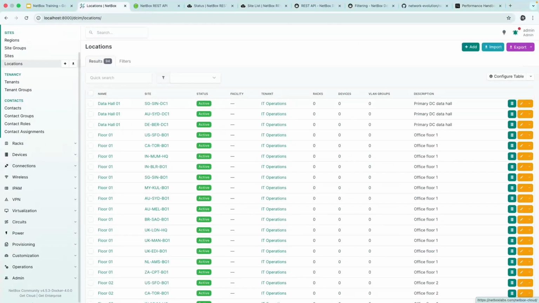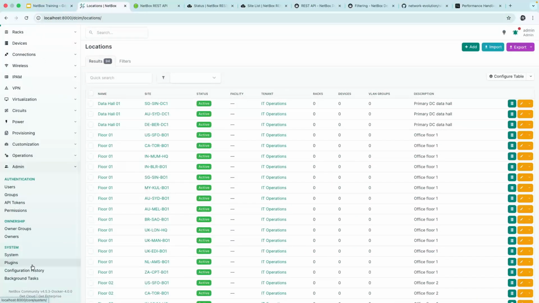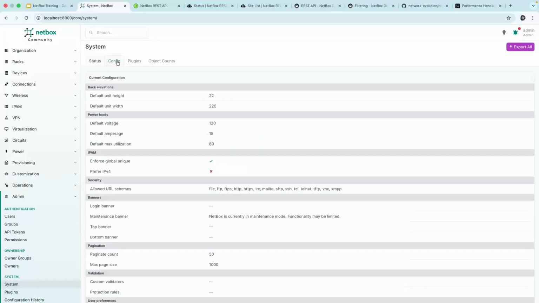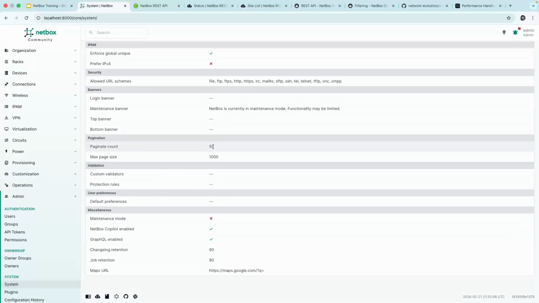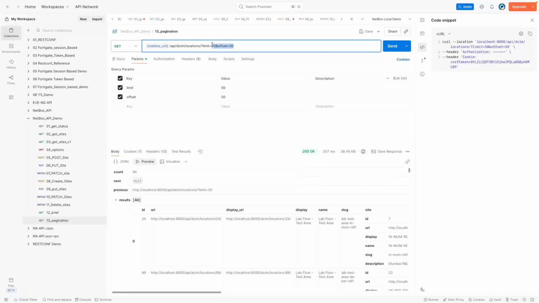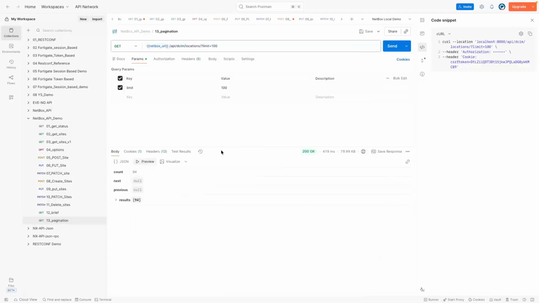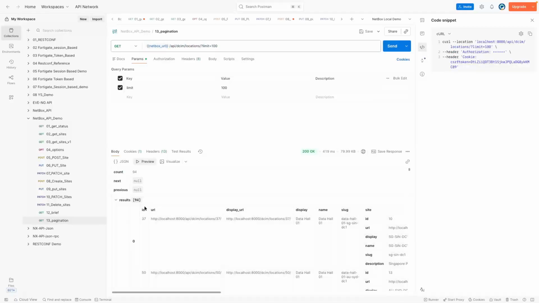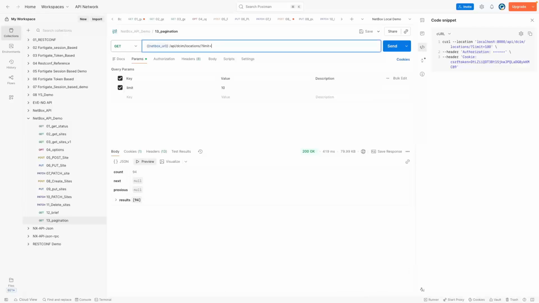That is why under system config, the paginate count is 50. Now if you want to get 100 entries, you can give it in this way, like limit equal to 100. Let me send it. So now you can see I'm getting the 94 entries in a single request. To set this to the maximum value I can give limit equal to 0, send it. Now also I'm getting 94,